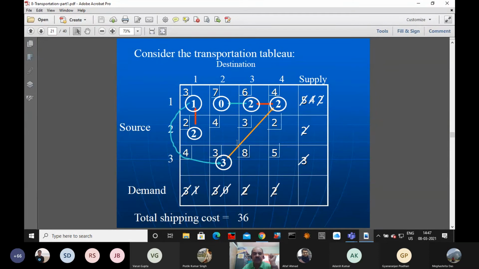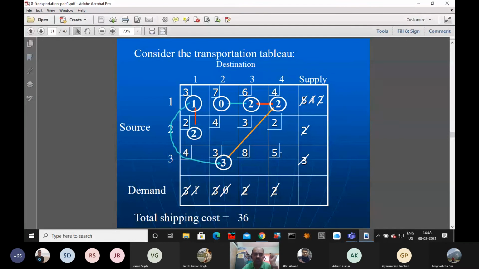The costs are simply given: 3 units, 7 units, 6 units, 4 units. In the first row, the minimum is 3. And we have the second row: 2, 4, 3, 2. And the third row: 4, 3, 8, 5. So if you look for the minimum cost,